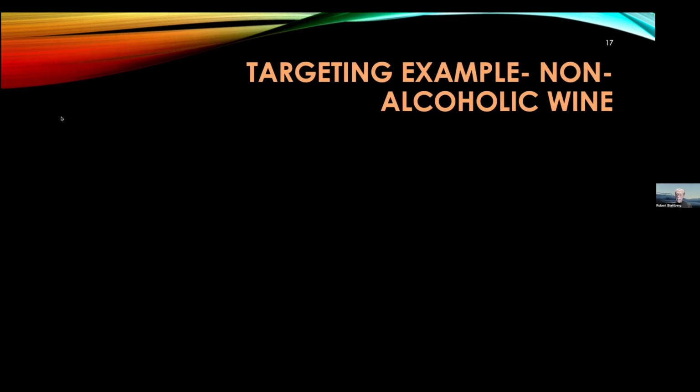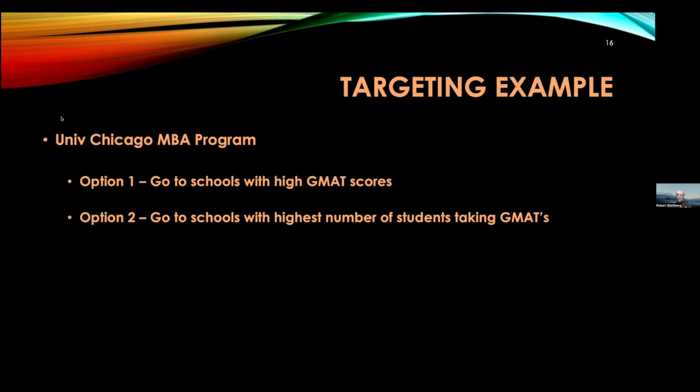What I said was, we should really be looking at a different strategy. It was a combination of geographic and demographic, in the sense of the number of students taking the GMATs. What I showed him was that the schools in the Midwest, all the Big Ten, for example, Notre Dame and a few other schools like that, had a large number of students taking the GMATs, and they also had students who were willing to live in the Midwest.